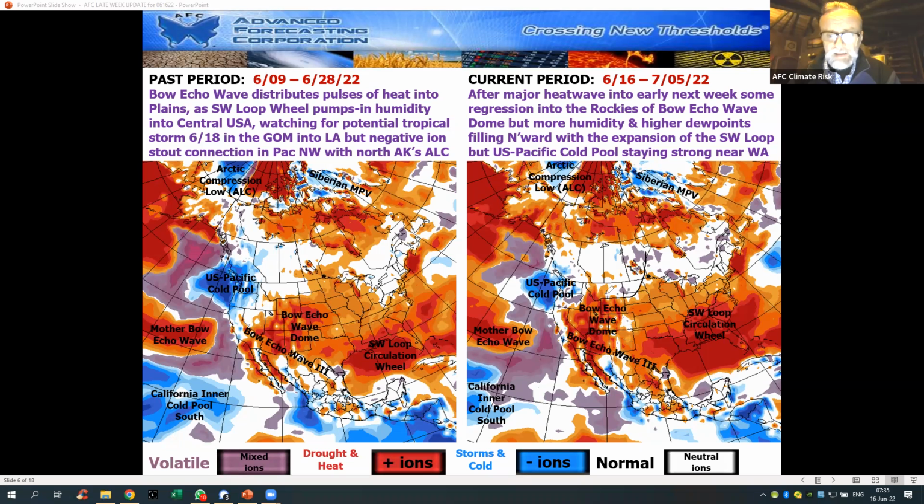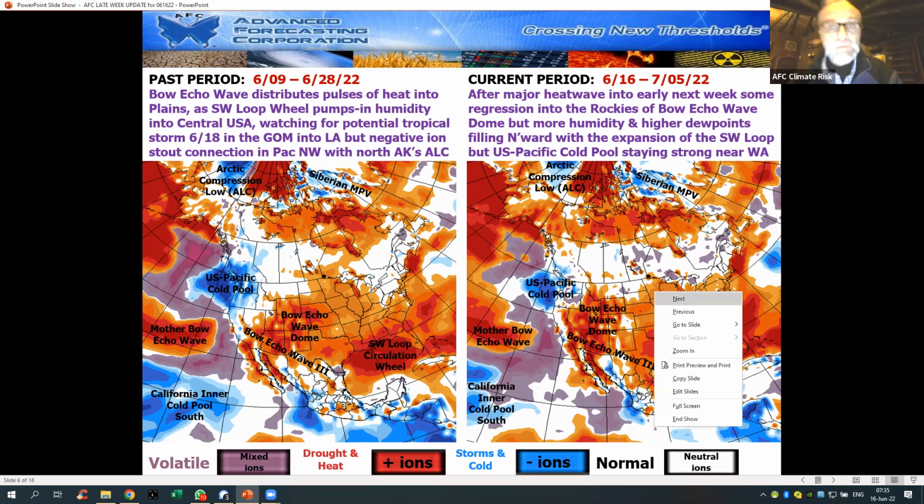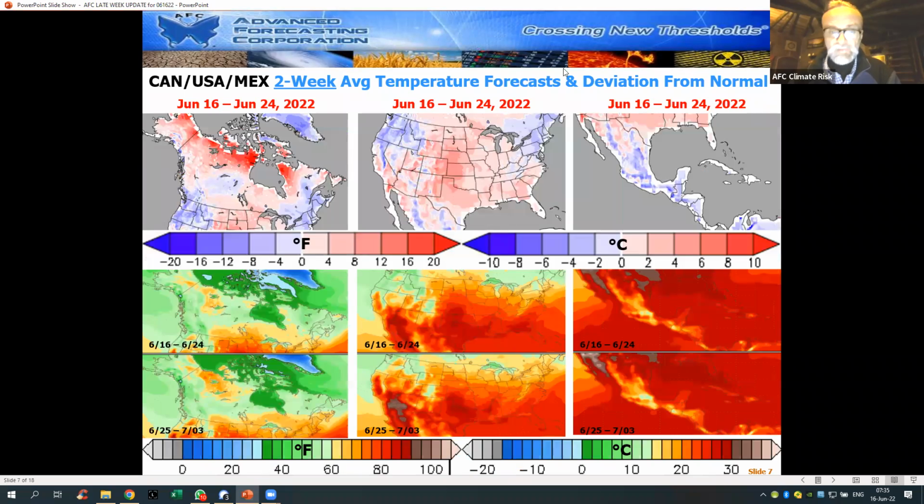And you can see a little bit of dipping here, as this cool pool dumps some energy into these areas like this. So some cooling across the north, not as much heat as we're going to see over the next 5 days. And you can see that very nicely here. There's your dome, okay? Here's your US Pacific Cool Pool, and it's going to be dumping in like this, all right? So here's your trough. Here's your high pressure ridge going way up.